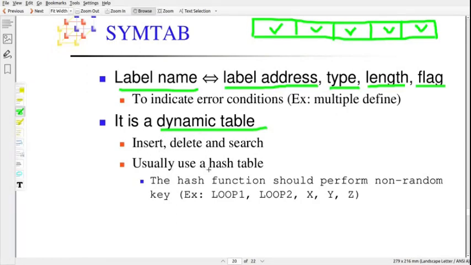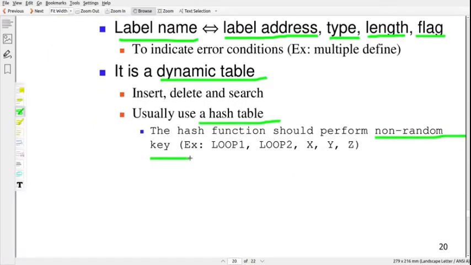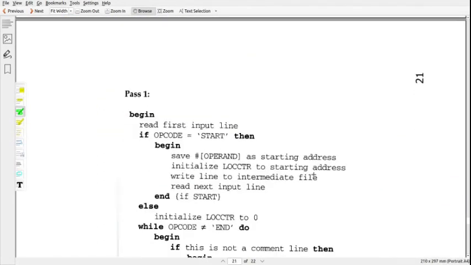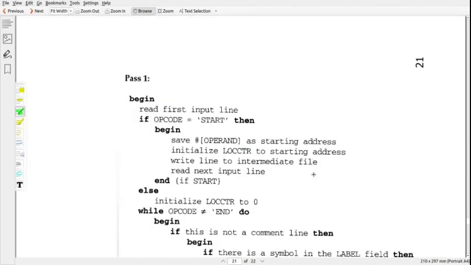The usual best implementation is a hash table, where we can use the name as the key for searching the hash table, like whatever variable or label we have used acts as the key of the hash table for searching. That is the usual implementation. So there are 2 tables, one is a static table, the second one is a dynamic table.